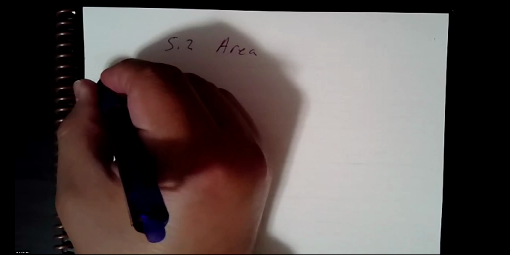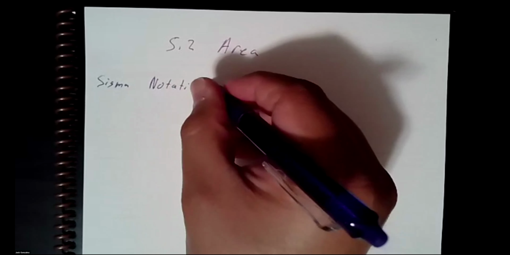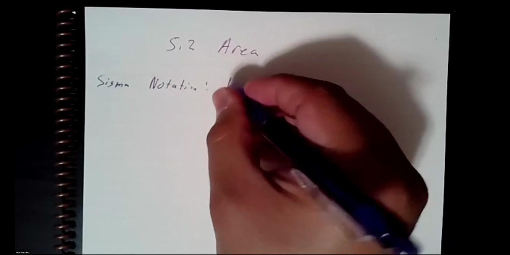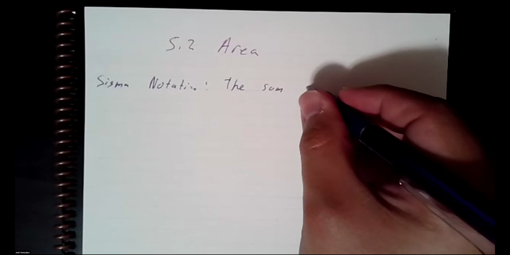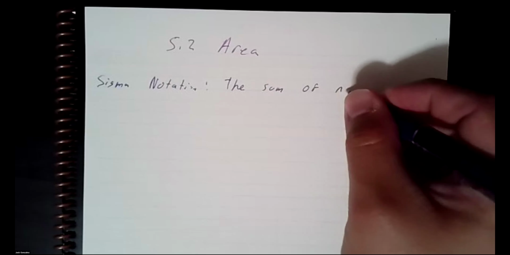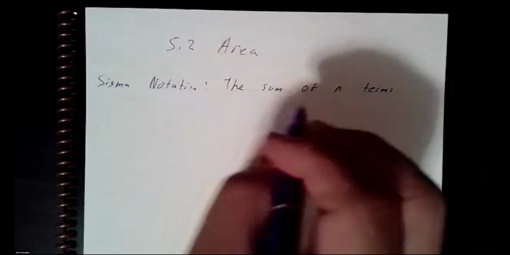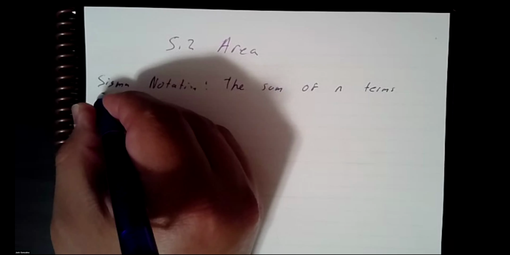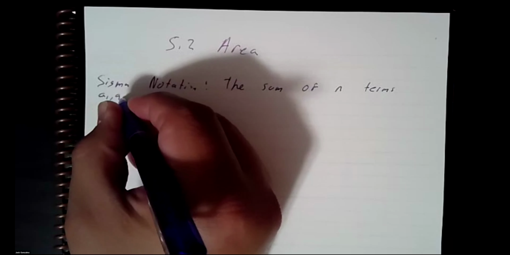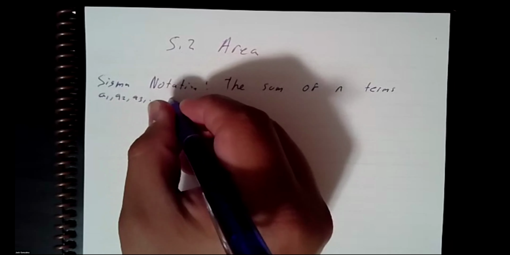The first thing is we have to understand what the sigma notation means. The sum of n terms A1, A2, A3, all the way to AN